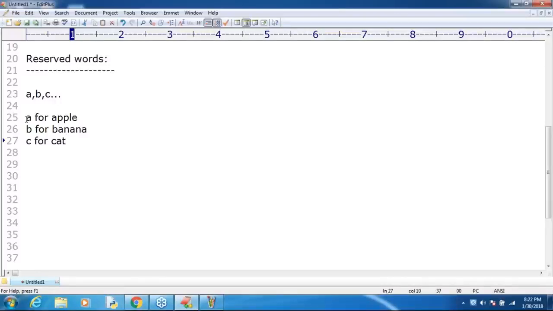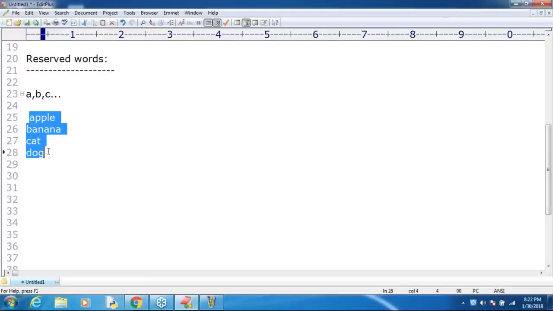Now after completing the alphabet symbols, we learned some words in English: apple, banana, cat, dog. Do you know these words are reserved to represent some meaning or functionality? Correct?